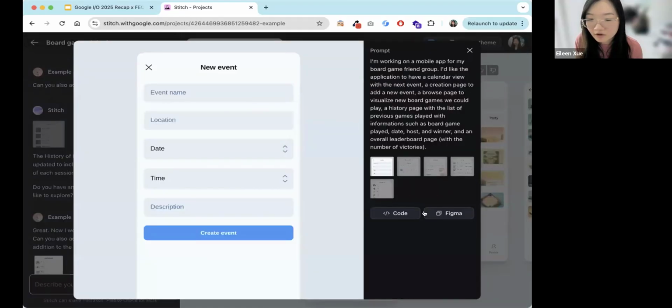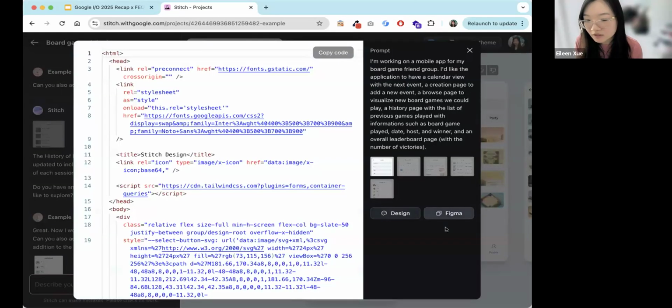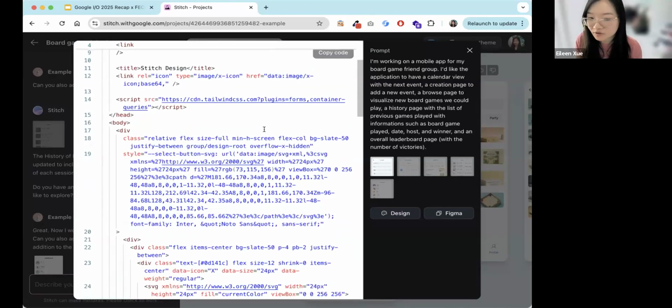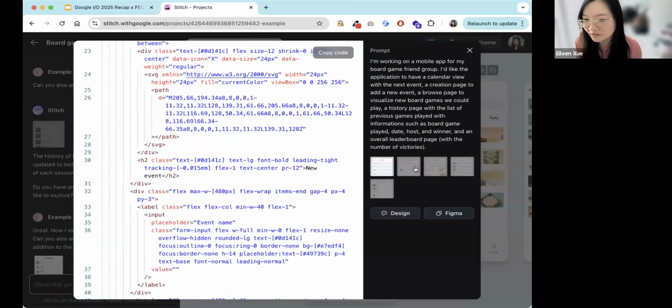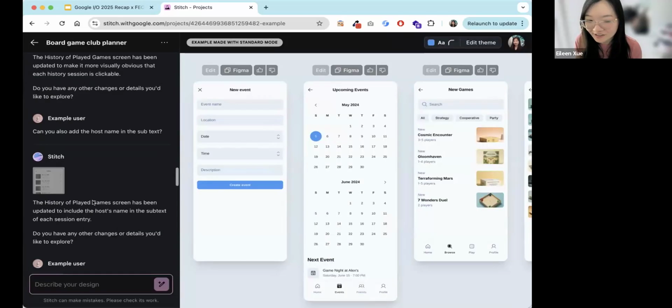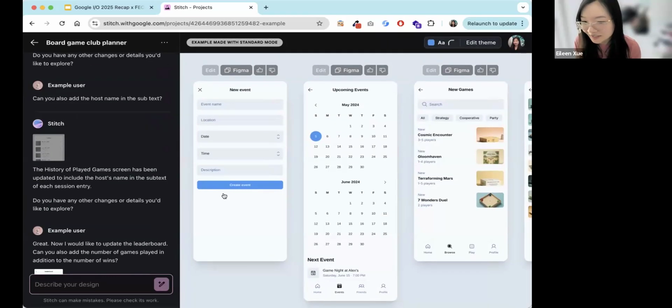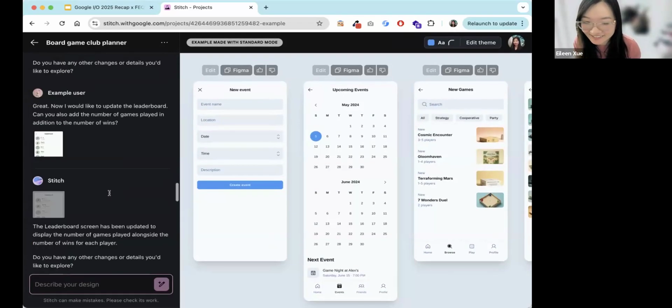And then it can also export the code. So if you don't need Figma, or if you're okay with whatever it generated, you can just export the code and then work with it there. So I think that's crazy how good everything is. Everything's done for you. All you have to do is prompt it, give it some feedback, and then it spits out designs and the code. So I was like, yo, this is crazy.